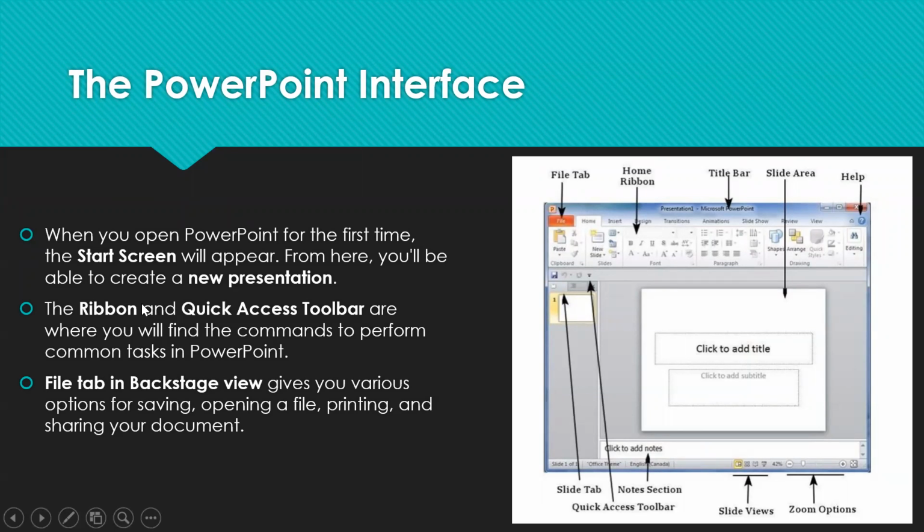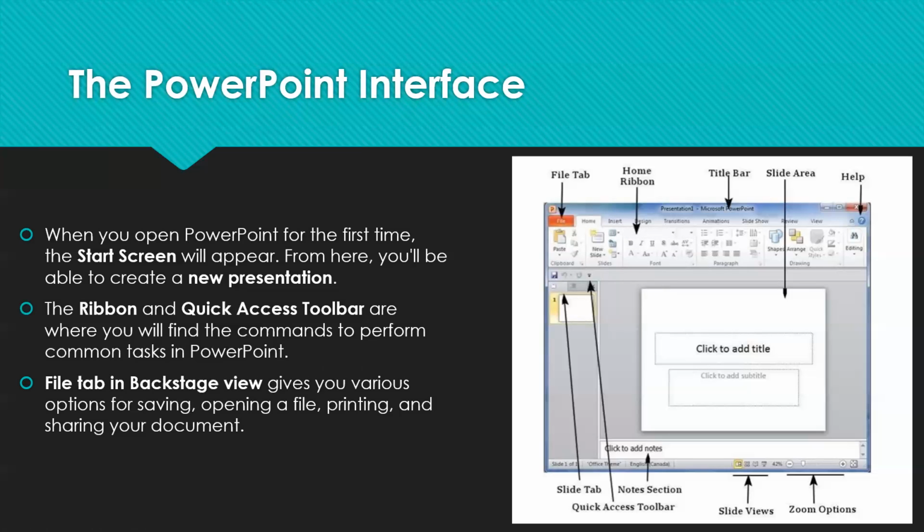Then the ribbon and the quick access toolbar are where you find the commands to perform common tasks in PowerPoint. All these things are called ribbons. Every section on a particular tab is called a ribbon. Clipboard is a ribbon here, slides is a ribbon, font is a ribbon, and every tab has a set of ribbons here.